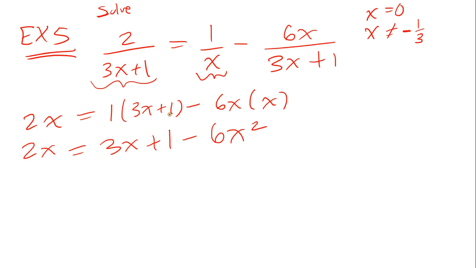So now we basically have a quadratic, and when we have a quadratic, what do we always do? We need to get everything on one side. So we have 6x squared is our quadratic term, and then our linear terms are 2x minus 3x, which is minus x, and then minus 1 equals 0. So now I can write this